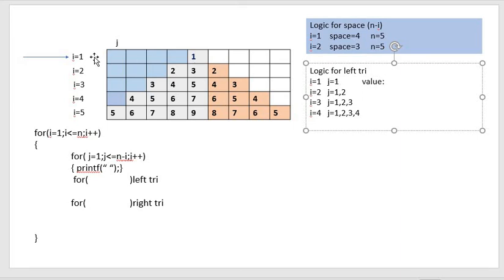So, for example, when I is 1, J is 1, the value printed is I only. That means 1 only. Now, both the values are 1. So which value is it taking to print? Go and check for the second. When I is 2, J runs for 2 times and the value that is printed is